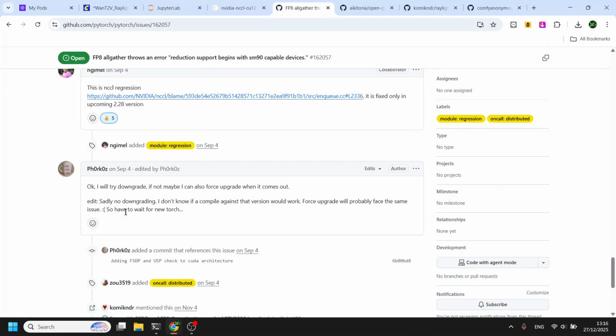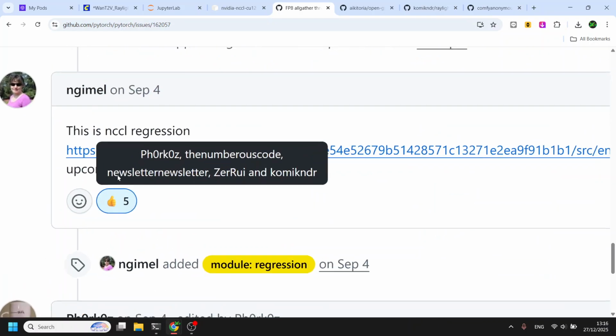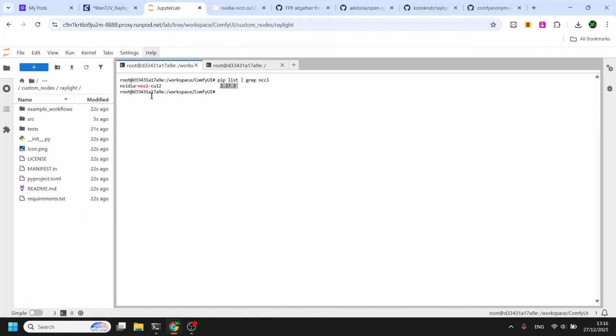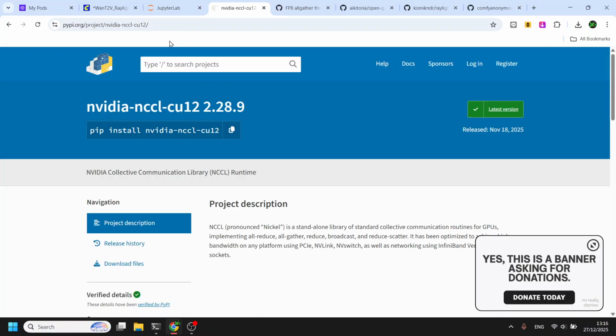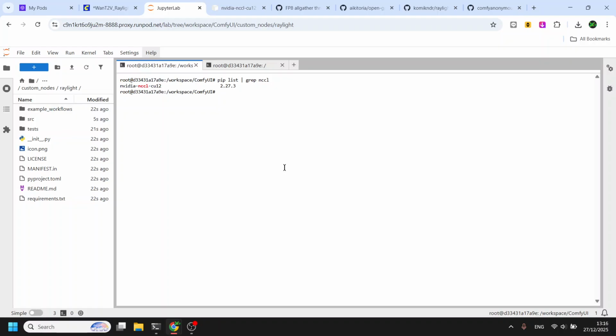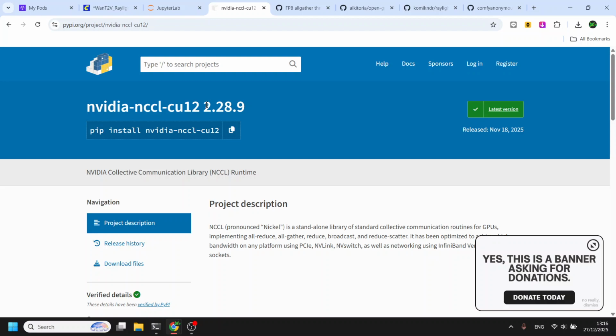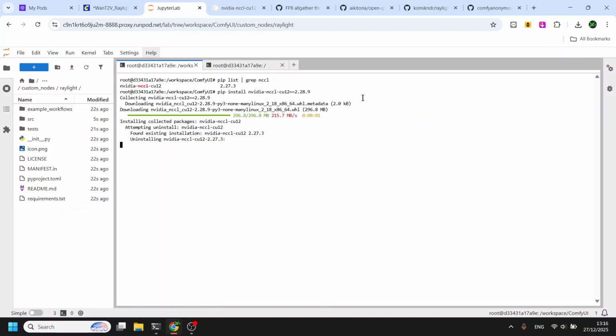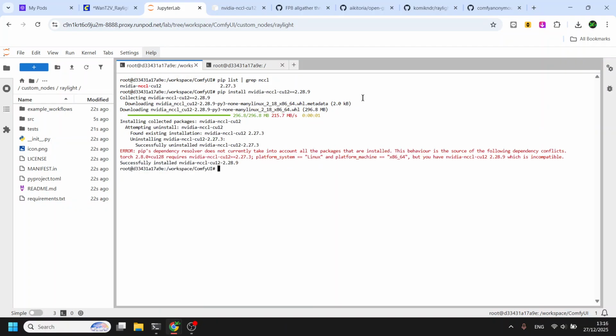This was actually reported by one of the Raylight users. So there is an upcoming 2.28 version, and we are going to replace the built-in PyTorch NCCL with this new NCCL 2.28. We install it. It will replace the NCCL, and pip will complain since PyTorch only takes into account NCCL 2.27.3.